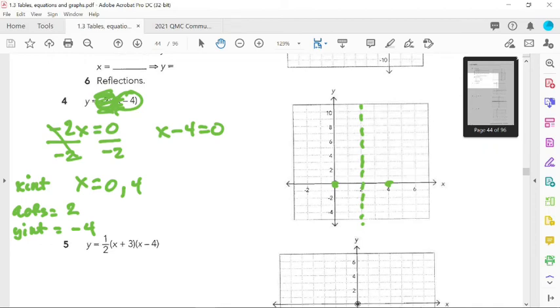Negative 4. That makes no sense to me. Yeah, because at the y-intercept, the x is 0. So any term that has an x in it is simply going to go. You're substituting. Exactly. So that gives us a y-intercept of negative 4,